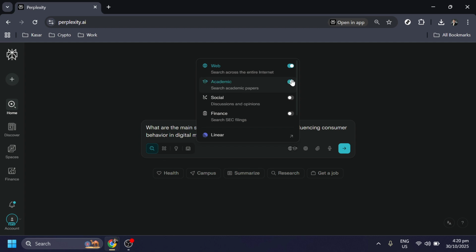Next, navigate to the Academic section. This option allows you to focus your search query and results on academic or scholarly articles, making sure the data you collect has a strong foundation in research and evidence-based practices. This step is indispensable when delving into topics that require a scholarly backing, such as the intersection of psychology, sociology,